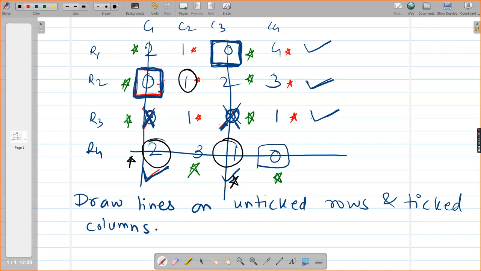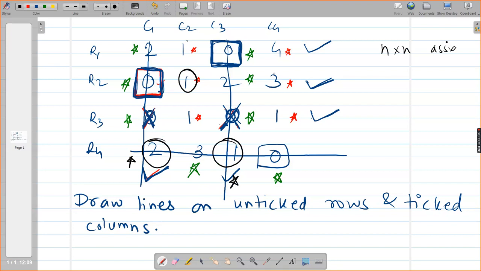That way, I can bring some more zeros in the table, and then again I will start doing assignments. Your assignment table will be of order n cross n, a balanced assignment table. You should get exactly n zeros assigned. If you get less than that, then again repeat the same procedure of drawing the lines. Okay?